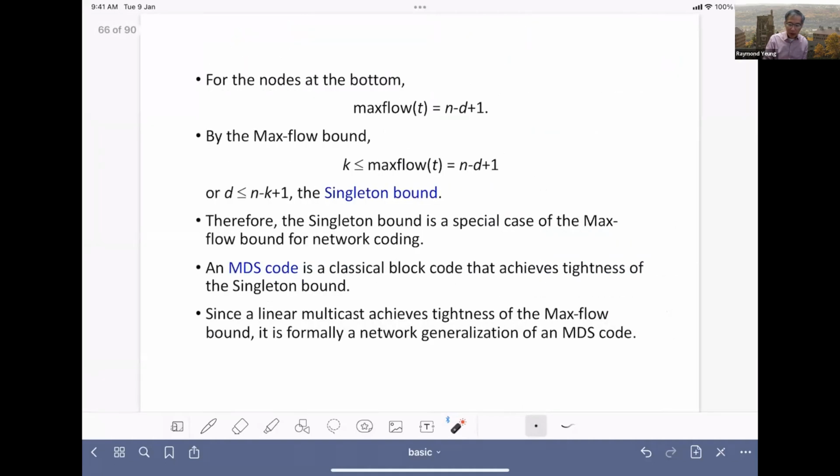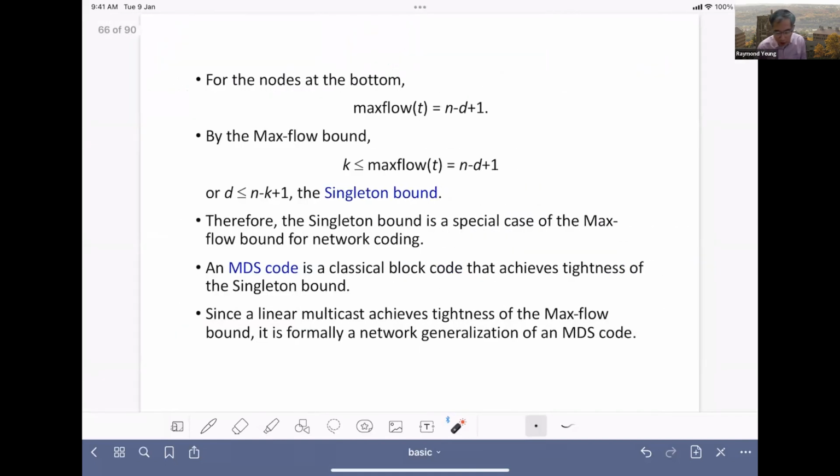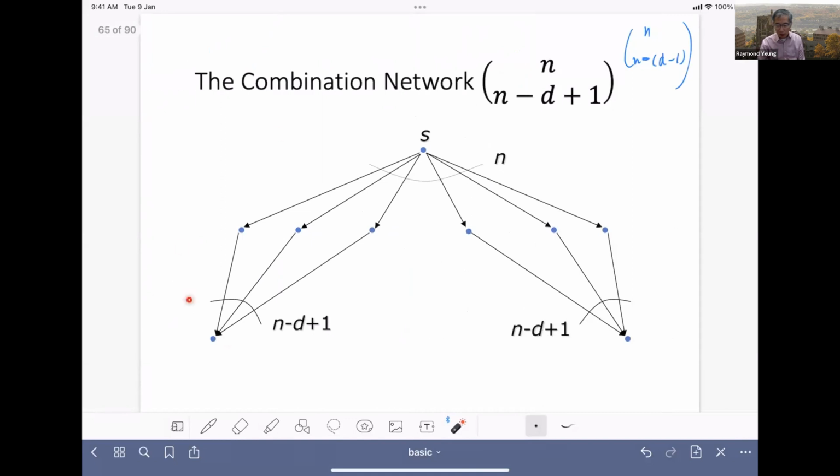Now, in the combination network, for the nodes at the bottom, evidently the max flow is equal to n minus d plus 1. It's just this, right? So you have this number of edge disjoint paths, so the max flow at this node is equal to n minus d plus 1. Now we regard this as a network coding problem. Okay, so it is a multicast problem with S, and you multicast to all these nodes at the bottom. And